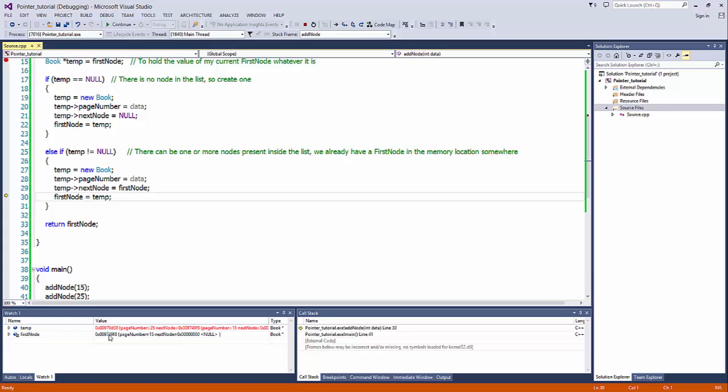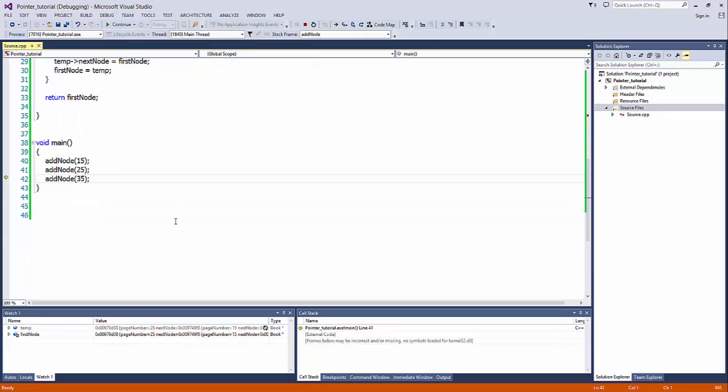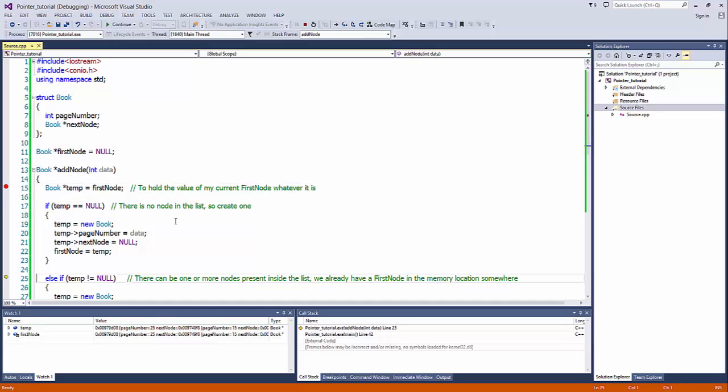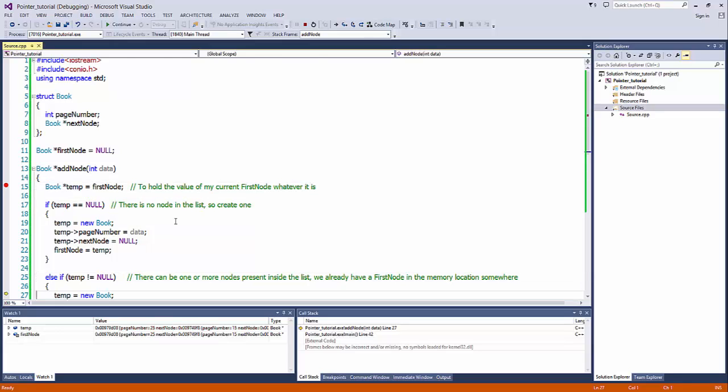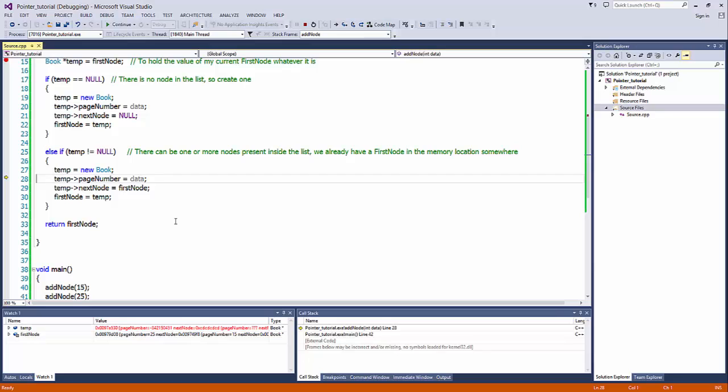You can match the memory address 49F8. It's pointing to 49F8, and this new location is 79D08. Now I'll assign the whole thing back to the first node like this. Return the first node, go again, check it's not null. Yeah, create a new location, add the data 35, point to the first node,